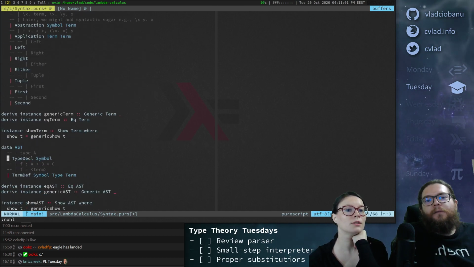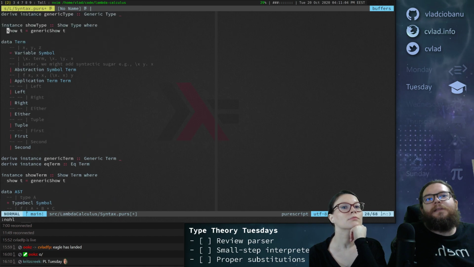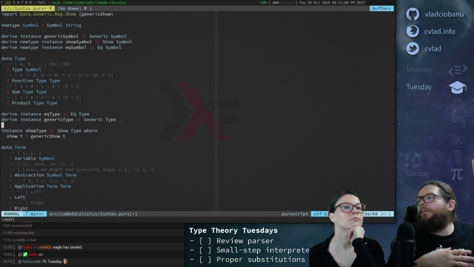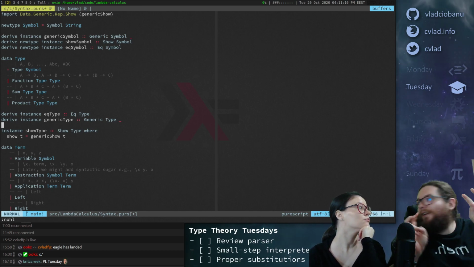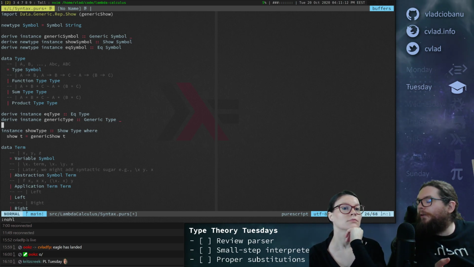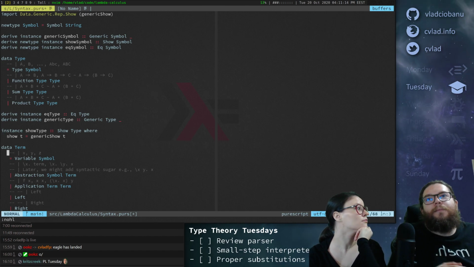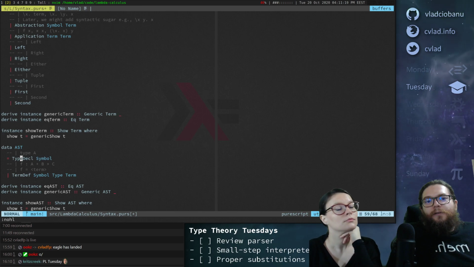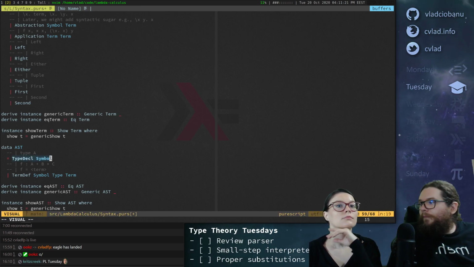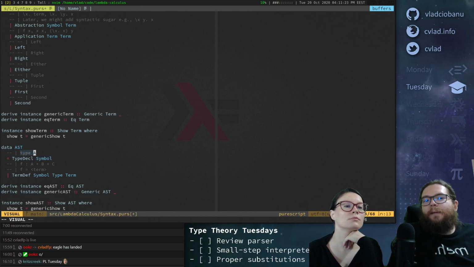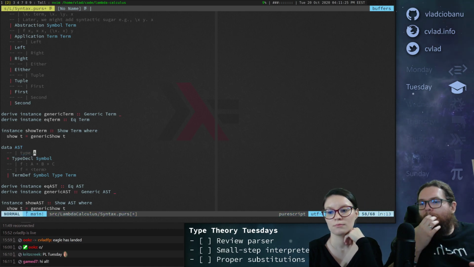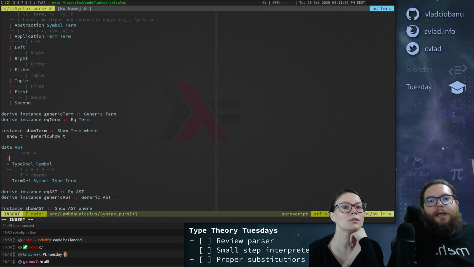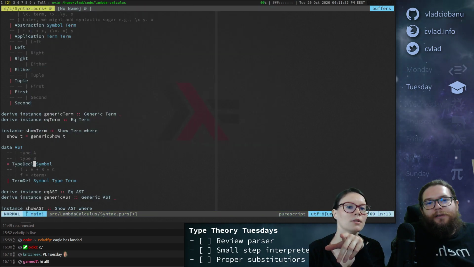Okay, so these are just primitives in our language, but they don't compose. So how does a compilation unit, or a file, or whatever you want to call it, look? Like multiple things, how does the language actually look? Okay, so we can do a type declaration, which for now just introduces type names. So you can write type A or type B or whatever. Symbol is just a string.